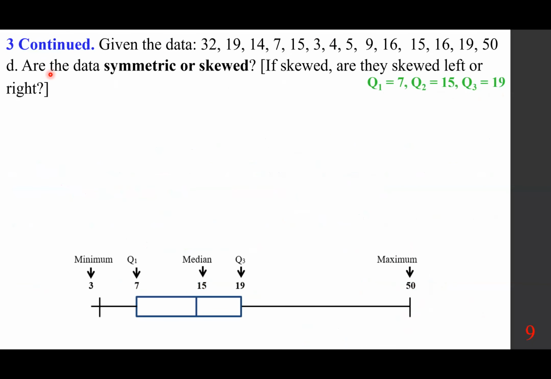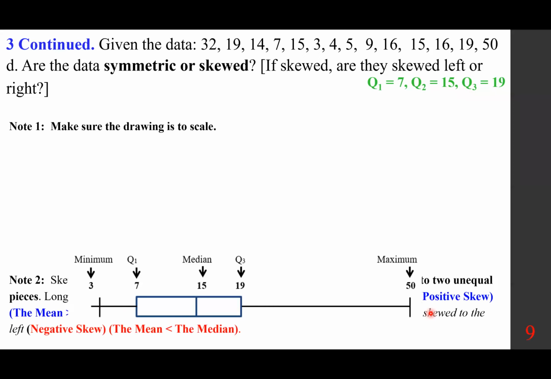Finally, the question is, are the data symmetric or skewed? If skewed, are they skewed to the left or right? And again, this is the information from the previous page. Let's explain a couple of things. Number one, make sure the drawing is to scale. If this is not to scale and we drew something, it may not show whether it's skewed or not. Number two,